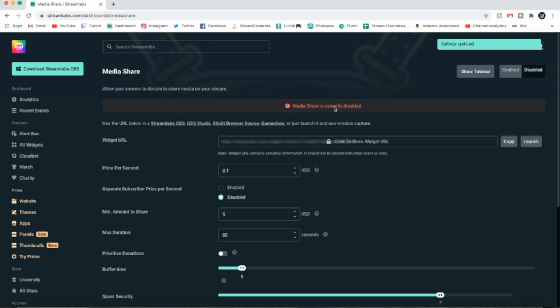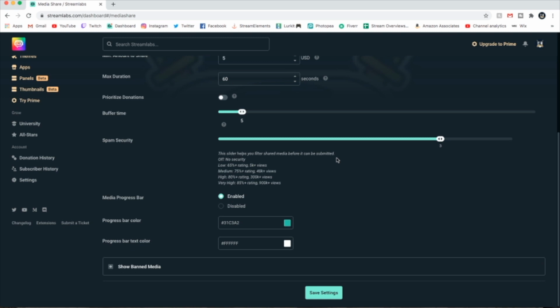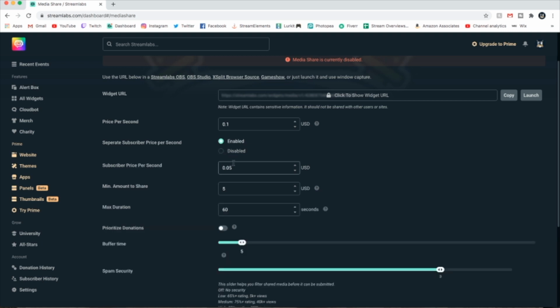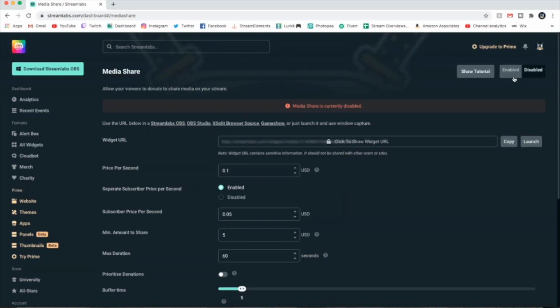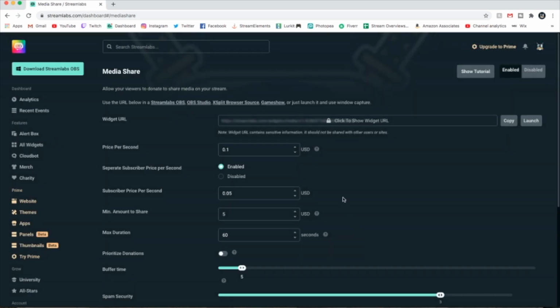Now, when you first open media share, it will look a bit like this, and you've got all your settings. So obviously you've got your things like these. You can change your price per second, how much people are allowed to pay for this and stuff like that. I would recommend having a subscriber one, so it's basically just less, but this is all personal preference. And then what you want to do is click enable, and then go on here, so next, and then come over to recent events,